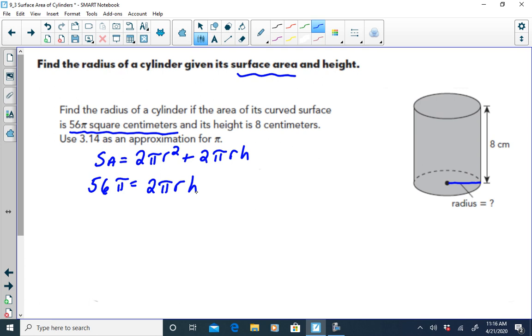All right, now, next step, we want to divide both sides by 2 times pi times h to find r. So that's going to be,